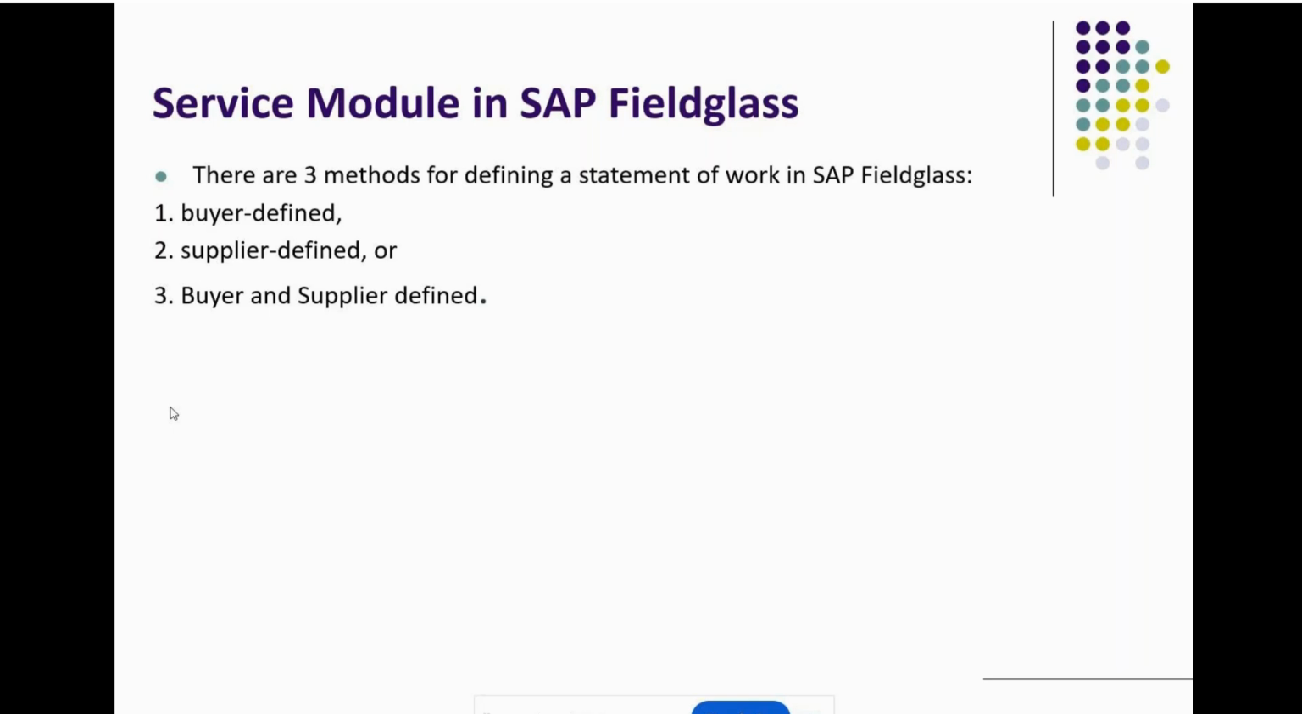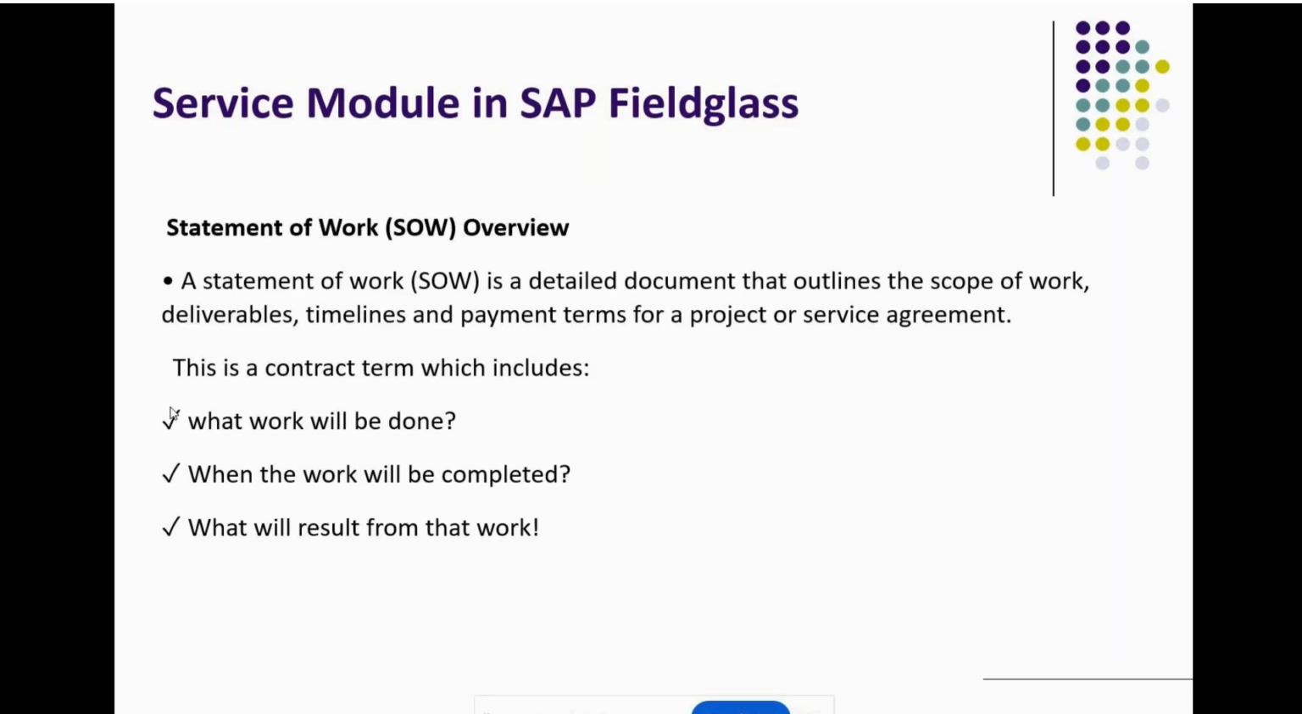If the buyer side creates the SOW, they'll just create a very basic draft of the SOW. Then the job of the supplier in a supplier-defined SOW is to give all the information we stated here: what work will be done, when the work will be completed, what the results will be,